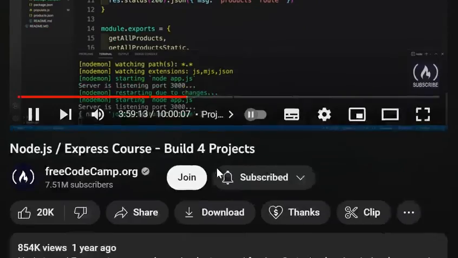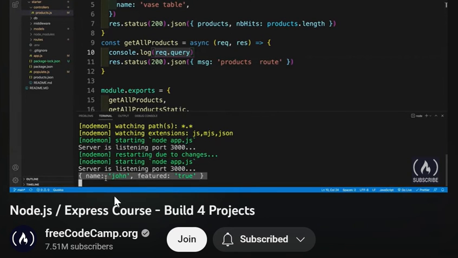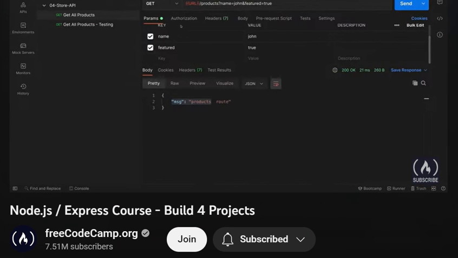And let's do it one more time from the Postman. So let's send it again. We get back the hard-coded result, but take a look at our console. Of course, I can see that I have the object, and then in there I have key value pairs with whatever I'm setting up in a Postman. And once we have jogged our memory on query string parameters,